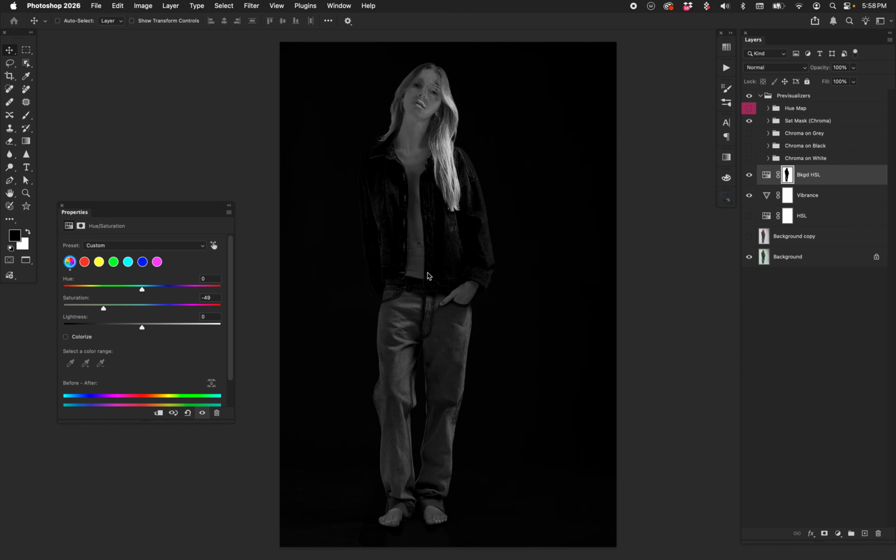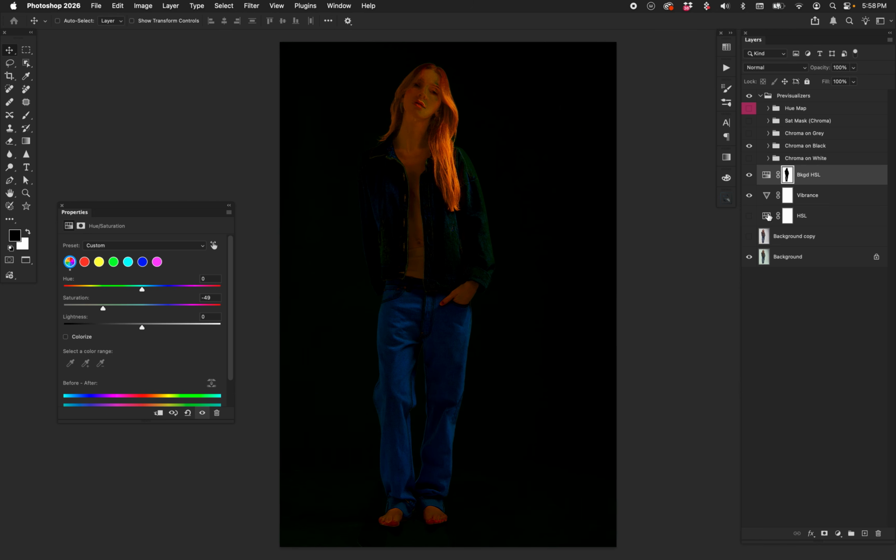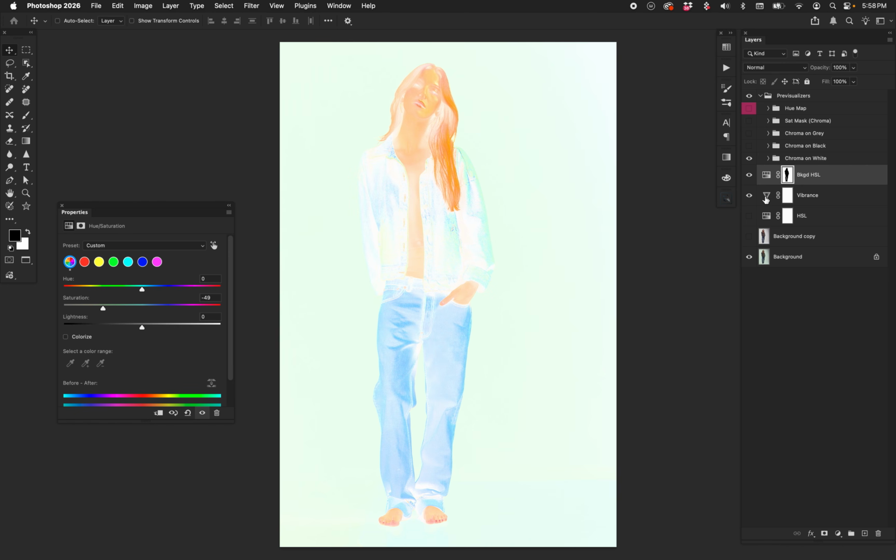This is just previewing, or rather visualizing, our saturation areas to see what's happening, whether it's on chroma gray, chroma black or chroma white, doesn't matter. You can still get a basic visualization of what's going on. You see that when we increase the saturation of the background, we see those trace green pixels. And of course, if we put our white balance corrected on, you can see what's happening there. I don't know if that makes a whole lot of sense and if you feel like that helps you in any way, but